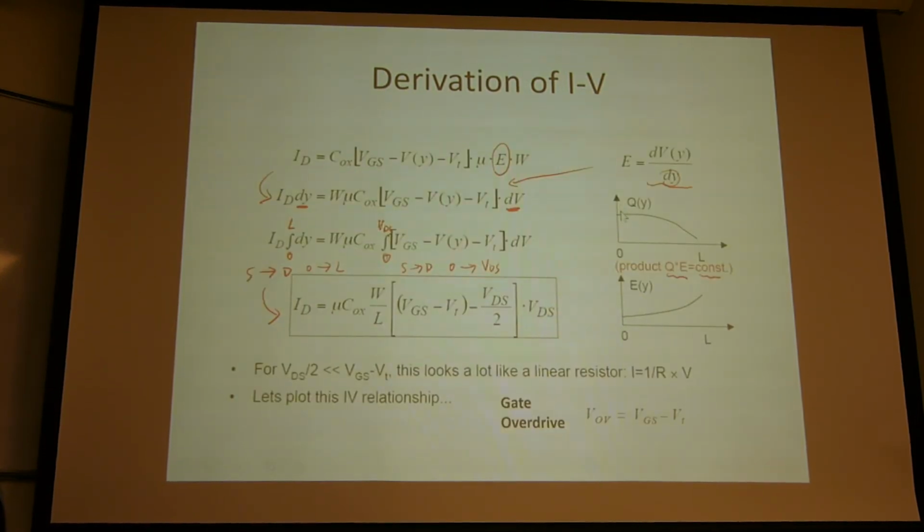The charge is decreasing over the distance from 0 to L. That means the electric field will increase from the source to the drain. This also agrees with the band diagram. If you remember the band diagram, you have this kind of band diagram. So you will see that the slope is the field. As you go from the source to the drain, the slope is larger and larger, so the field